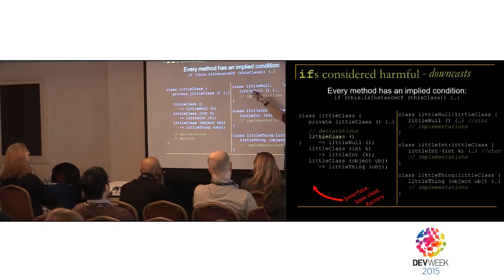And when the user of little class is starting to use the consequences of those decisions, how does it know which one it's using? It doesn't. It shouldn't, because that is where the decision should be taken, not in the client and not over here. This pattern completely gets rid of that bug-making anti-pattern which I showed you at the beginning.